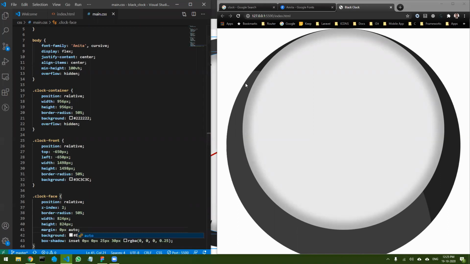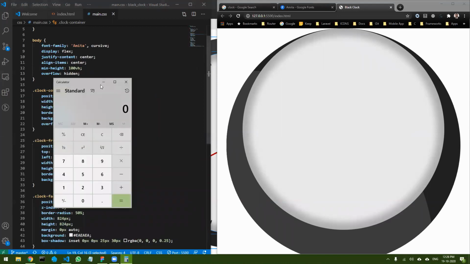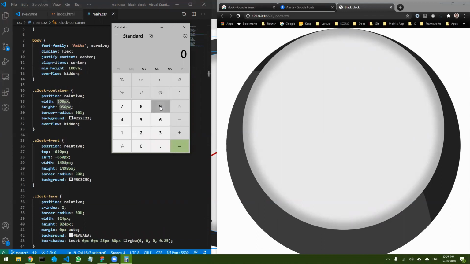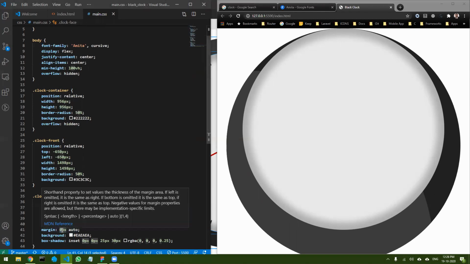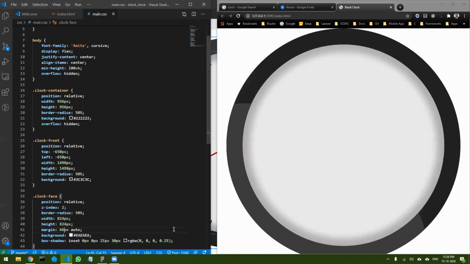So the width of the outer circle, height of the outer circle is 956 pixels, whereas the height of the inner circle, that is this white circle, is around 824 pixels. Okay, so let's subtract them and find out. So 956 minus 824 comes to be 132. Okay, so that is total difference is 132. So let's divide it by 2 and find. So 66 pixels is what it should come down. Okay, so let's come over here and say 66 pixels, and that should bring it perfectly to the center. Okay,